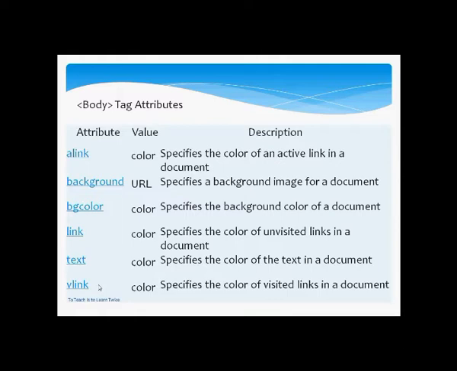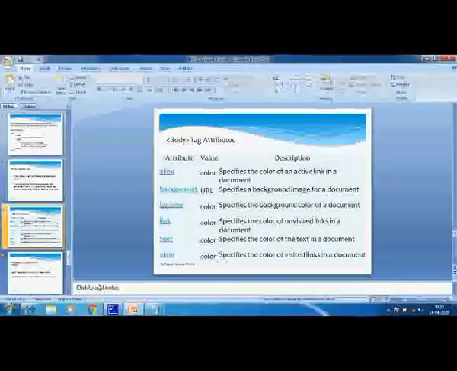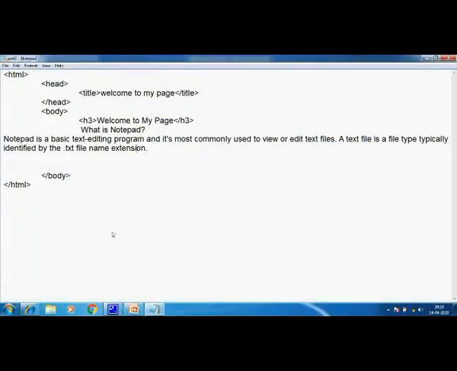Okay children, so let's change it. We'll go back to the notepad children. Let's minimize this and go back to the notepad. Okay, fine. Now we will have the tags over here, the body tag. And children, as I have said, the attributes are the characteristics of the tags. So the attribute will always be written inside the angular bracket of the start tag, right? Not in the end tag.